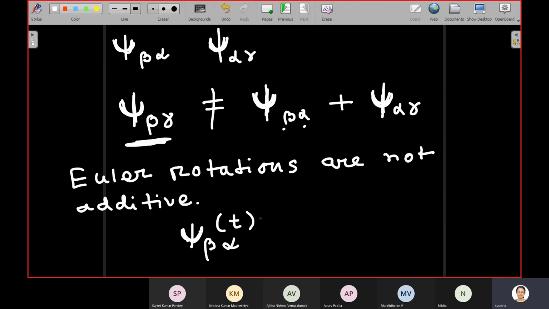So how will you find the Euler attitude at some other points in time? For this purpose you need to propagate the Euler angles, correct? You can propagate the Euler angles only if you find the derivatives, right? So to find the Euler angles at different points in time, you need to use their derivatives. So next we are going to derive the equations for the time derivatives of the Euler angles. You are interested in finding phi dot, theta dot, and psi dot,